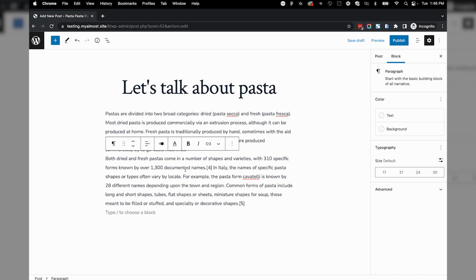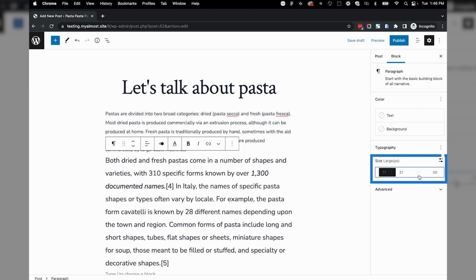If you click in the box, you'll get the formatting toolbar. This gives you the ability to choose how you want the text aligned. You can even select a portion of the text to make it bold, italic, or even add a hyperlink. There is additional customization with each block, and this is done in the block settings tab.